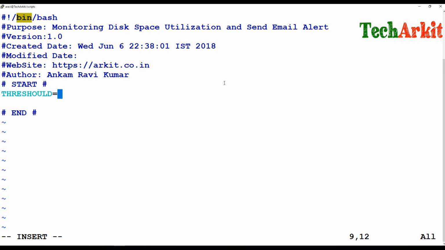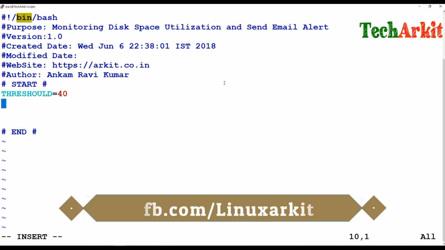What is the threshold value over here? In this case I'm going to take the threshold value as 25%, because my system disk percentages are not more than 25%, or maybe I'll make it 40%. If the file system utilization is more than 40%, then it should send us an email.